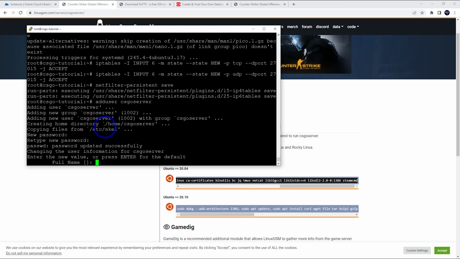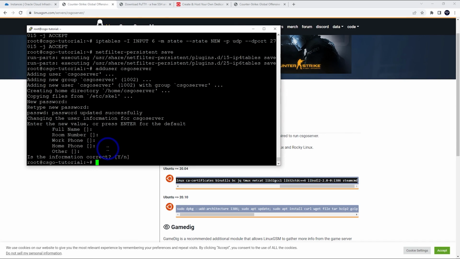All I'm doing there is just right clicking from Notepad and pasting it in. And so we can fill in our details here, or you can just skip through this. There's no need to put any details in there. That looks all good. Okay, now I'm going to give sudo access to the CSGO server with this command, sudo